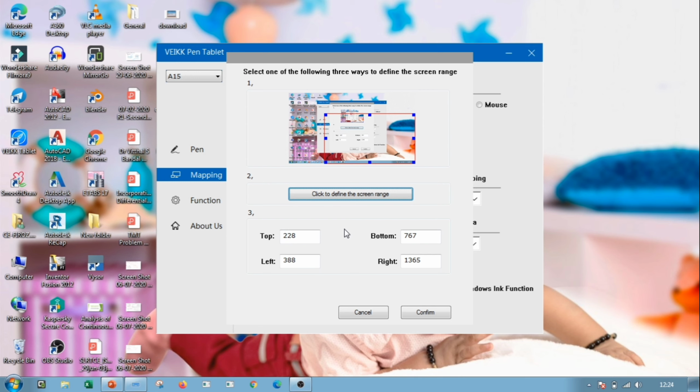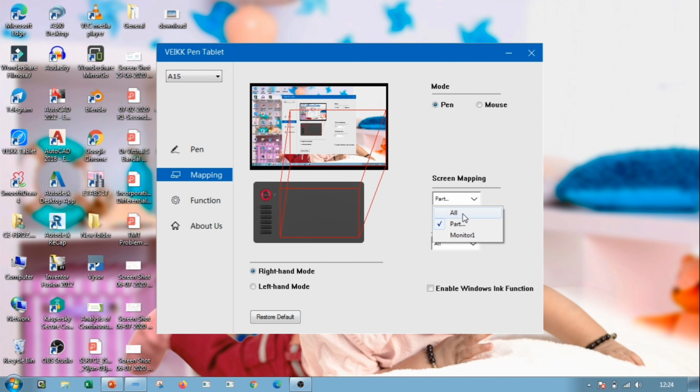Now you see, whatever things you write on the tablet, only this much area will be reflected. And your digital pen is also acting like a mouse, so this area, you cannot control by using pen tablet. You have to confirm it. But in my case I am using entire screen. I am mapping the entire screen of the laptop with the pen tablet.